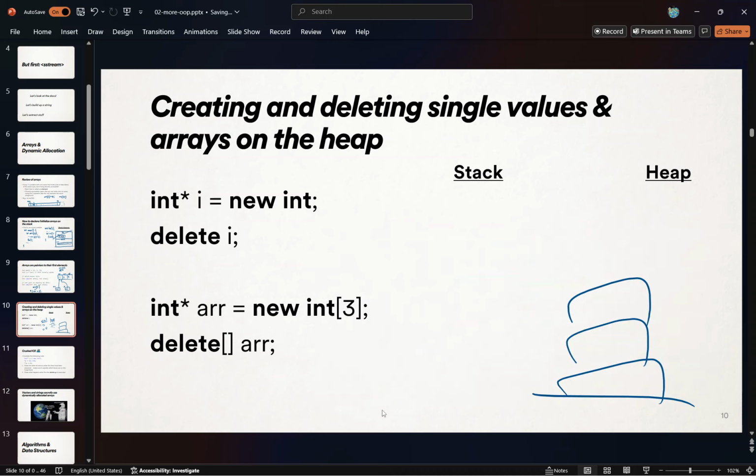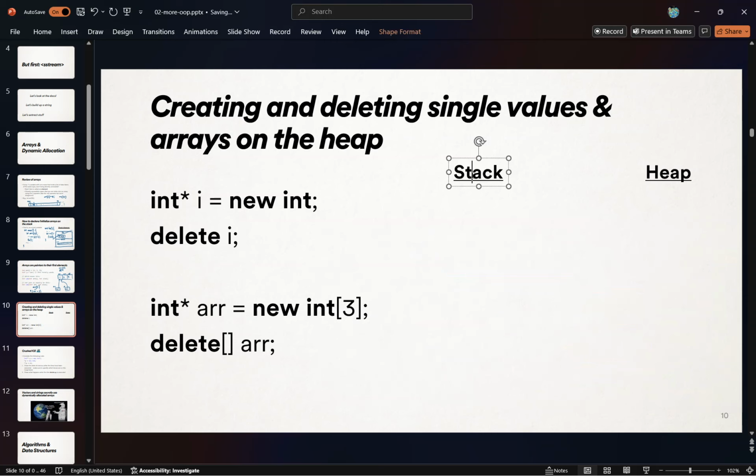So I'm going to draw these pictures with that in mind. We're in a function somewhere, so we've got local memory on the stack, and then also the heap is a place where we can make stuff dynamically. To make a single int on the heap, you say new, right? New int. Give me an int, please, on the heap. The way that this runs is it makes it and then it sets it in its address. You get back the address of that thing that got made for you. So new int on the heap does this. It makes a box that holds an int, capable of holding one int,